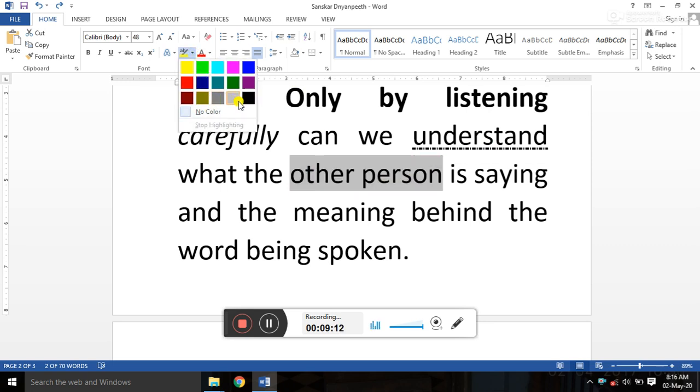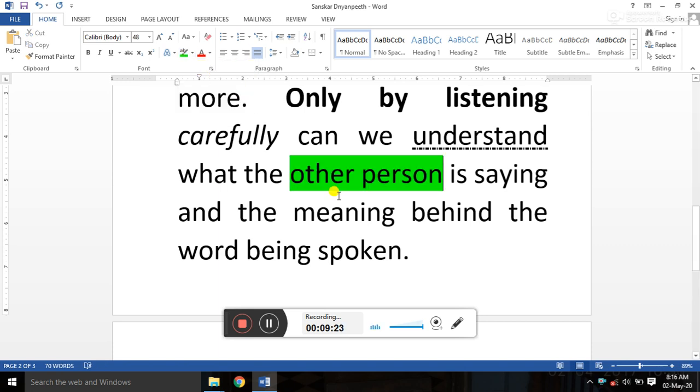Right, if you want to give another color, black cannot be used because the text color is also black. This one you can apply. Red you can apply, these types of colors you can apply to the text. Now after that, see the next. There are two types of color: the color which we can apply to the text, and the color which we can apply at the background of the text. The color applied at the background of a text is called the text highlight color, and the color which we can apply to our text is called the font color.